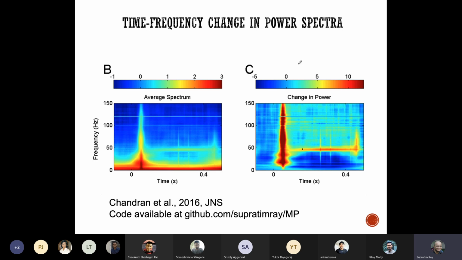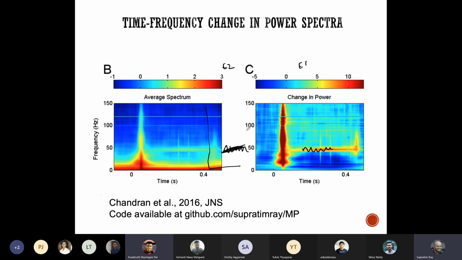So this is for a single electrode, electrode 1. And if you had done another electrode, you would have got a very similar result, a gamma spectrum. So you would have got a similar plot like this. My question is whether the phase of gamma that you have here and the phase of gamma that you see are consistent with each other across trials. This analysis you can't do by looking at the power spectrum because it has no information.